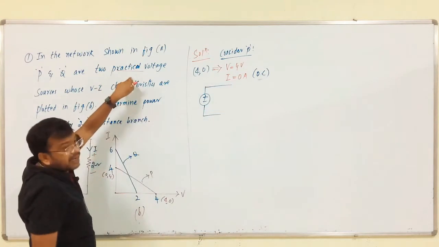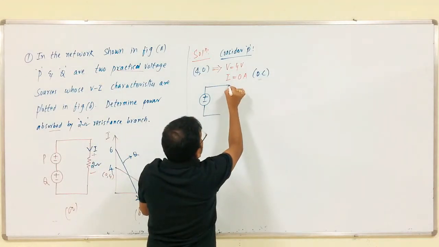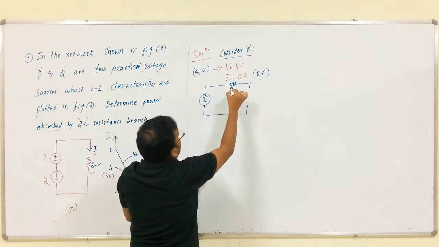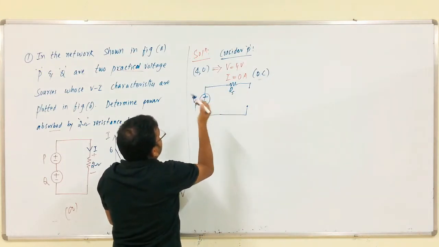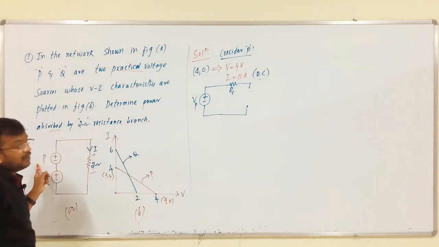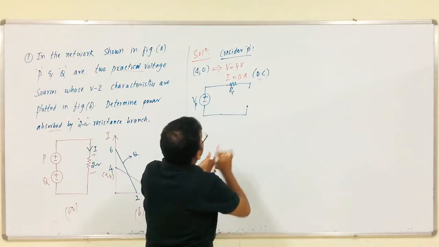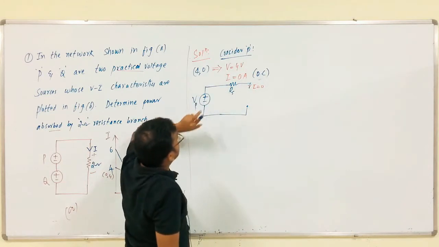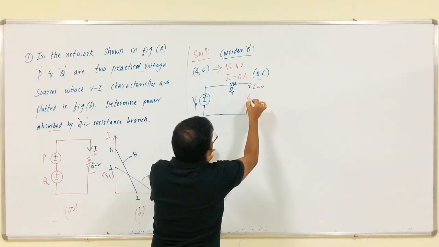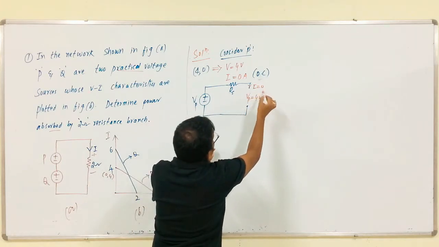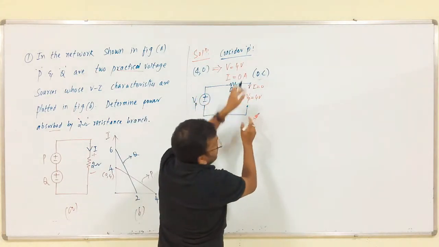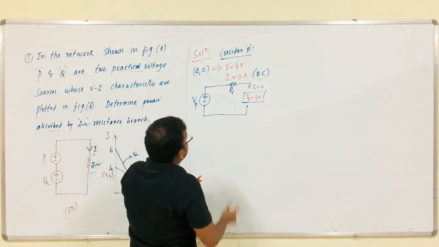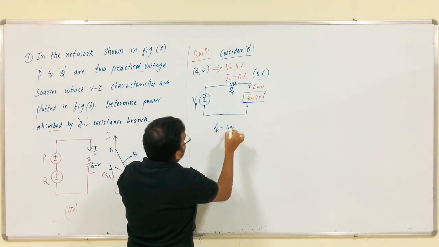This is the given practical voltage source. Therefore, open circuited. So, this is RS, this is VP, source P. The current is 0 here, voltage is 4. So, VP is equal to 4 volts. The same voltage appears across this, right. So, VP is equal to 4 volts, that is it.